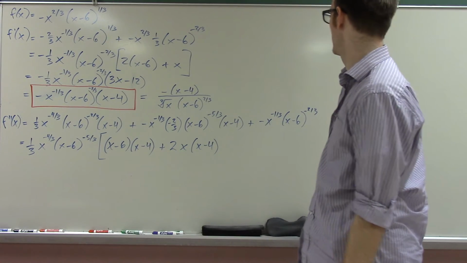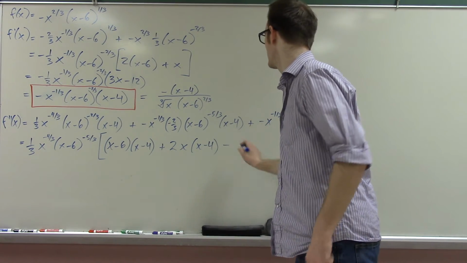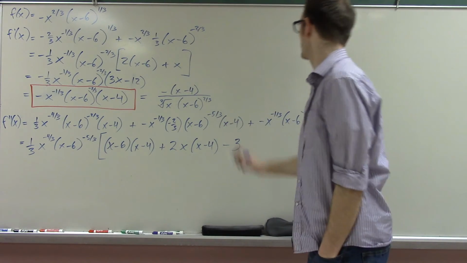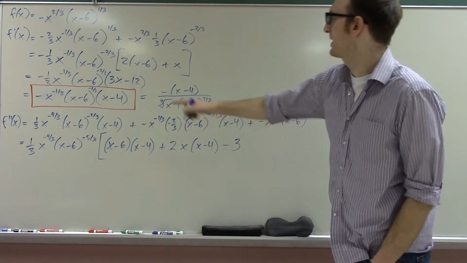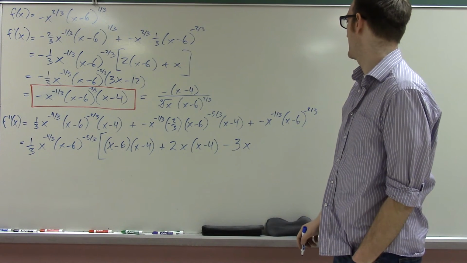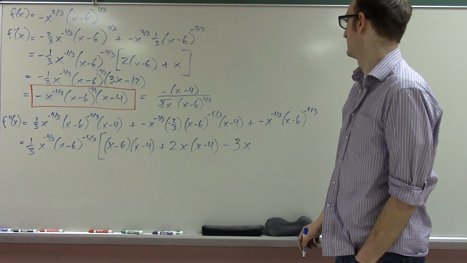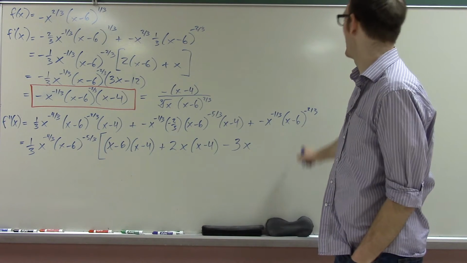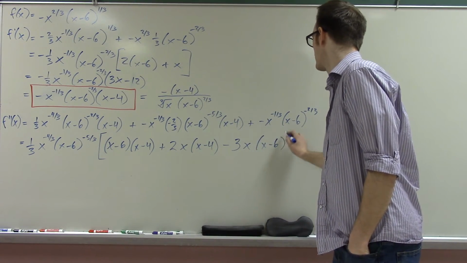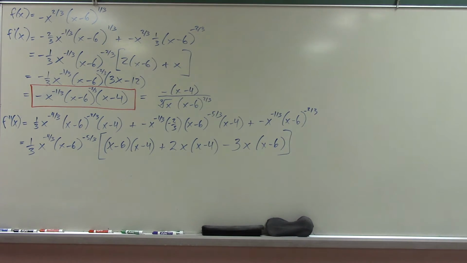And then there's going to be a minus. Also, I took out a 1/3, so I need to make that a 3. And then I took out x to the negative 4/3, so that's going to be an x. And I took out an x minus 6 to the negative 5/3, so that's an x minus 6. Alright, that was pretty hard, but the beautiful part of this method is that